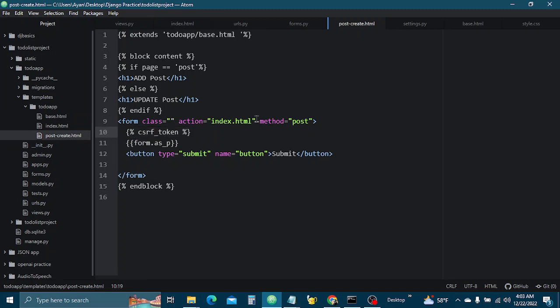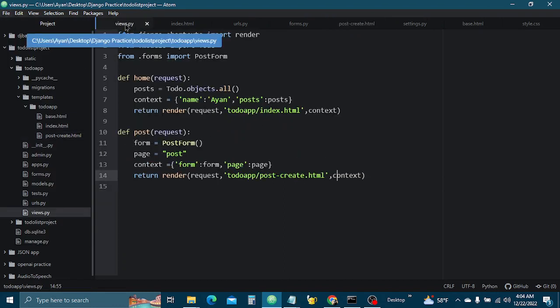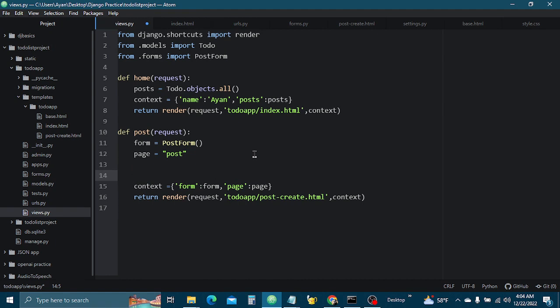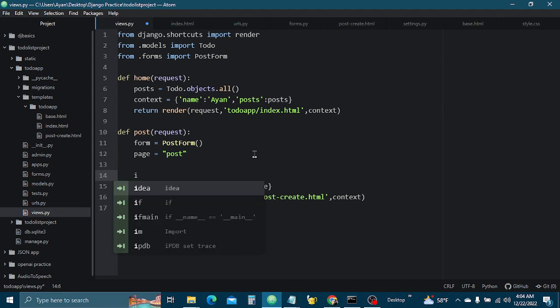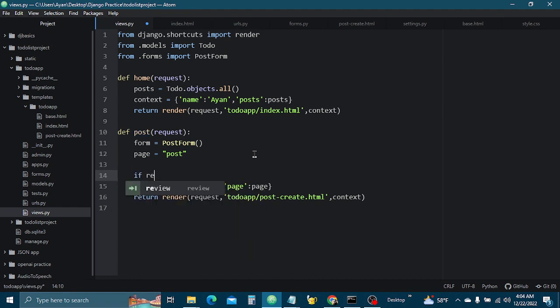Before doing anything, I will just delete this thing which is called action. We don't want the action to take place in index.html. Instead we want the action to take place in the current page. Okay, and in views we have to do a few things. Here we have to check what kind of request is being made by the user when they are making any post request. So if request.method is POST